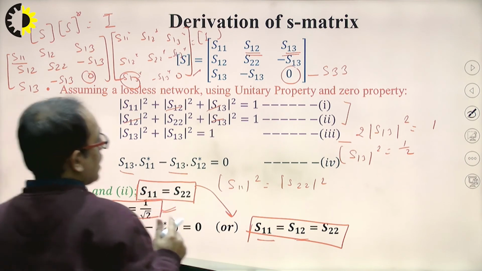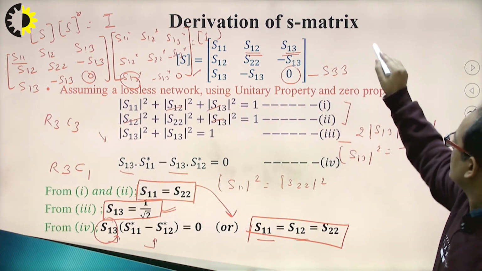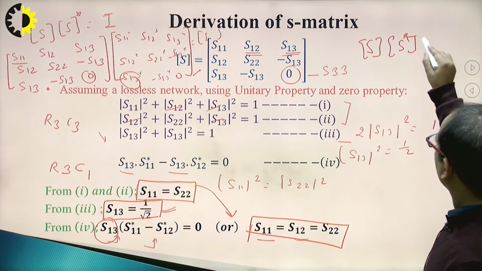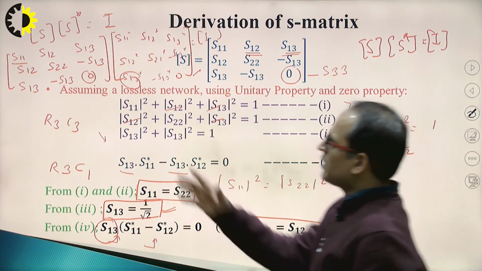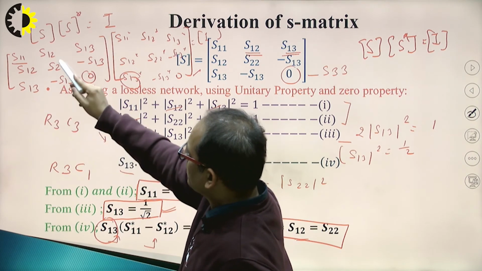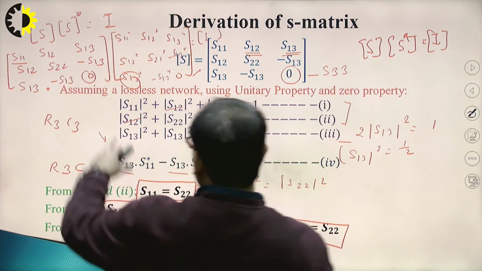Now see, I have already told that if the network is lossless, then S multiplied by its conjugate will be equal to the identity matrix, means S multiplied by S star will be equal to I. On multiplying this one, S11, S12, S13, S22, S13, clearly S33 equal to,